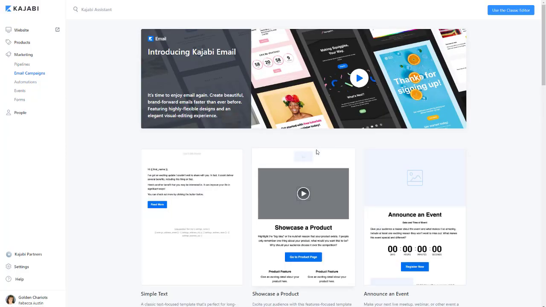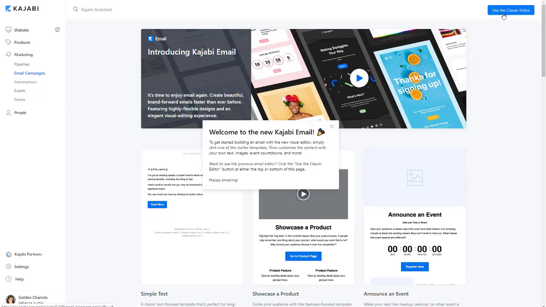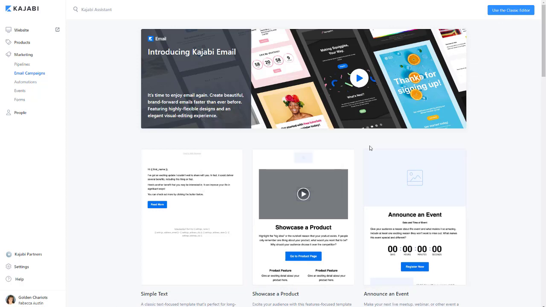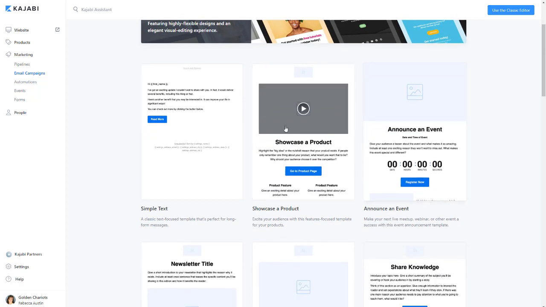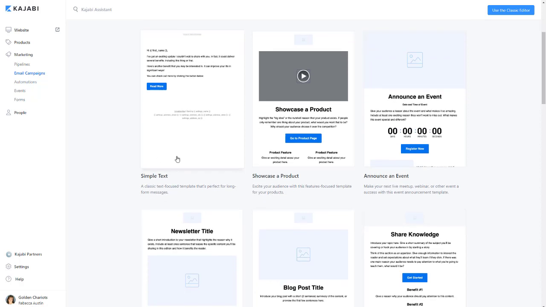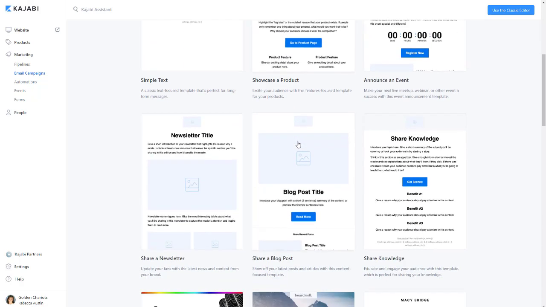And now you're going to see that our email dashboard is going to look just a little bit different. We can go up and just use Classic Editor if we prefer. And otherwise there's various templates that they've created, just like in the new page editor. Our email editor is set up very similarly in that we have some basic templates, and then as you scroll